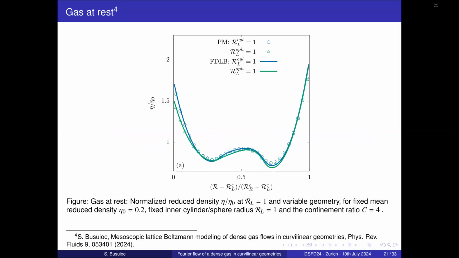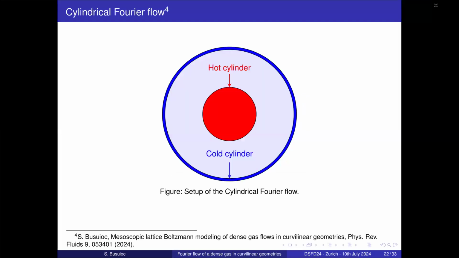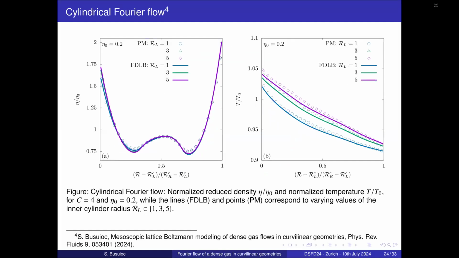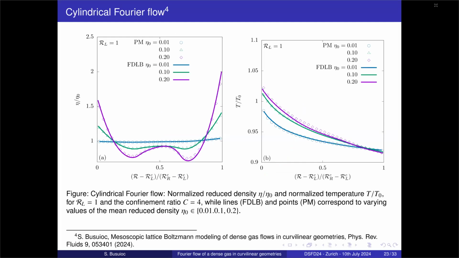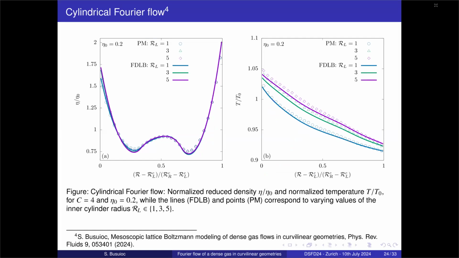And what we can also observe is that the finite difference lattice Boltzmann recovers quite well the particle method results. And then we look at the Fourier flow. So the first will be the cylindrical Fourier flow, in which we test for three different initial densities. And we compare the two methods, and we get quite nice results, both for density and temperature distribution between the cylinders. Then we fix the density to the highest one, and we vary the inner radius to see how the